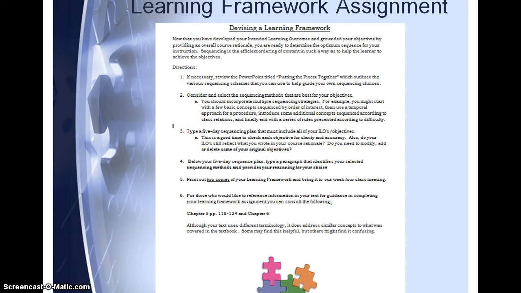Below your 5-day sequencing plan, type a paragraph that identifies your selected sequencing methods and provide your reasoning for your choice. Then print out 2 copies of your learning framework and bring it to our Week 4 class meeting. For those of you who would like to reference information in our text for guidance, you can consult the information that I provide for you from our text in our Week 3 folder on